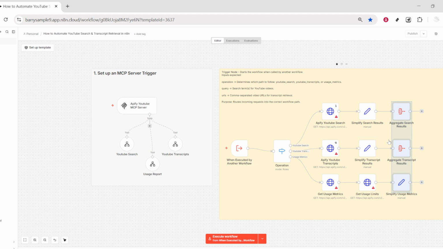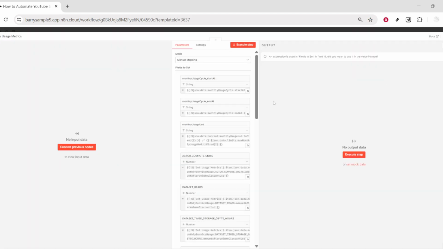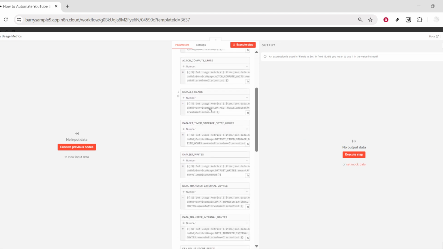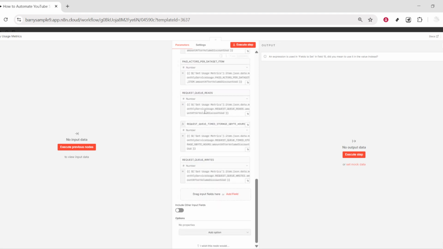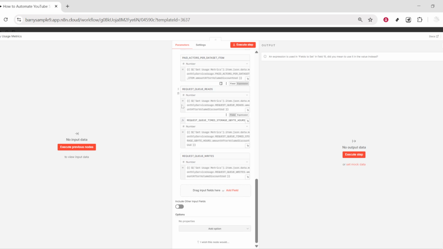For usage tracking, build the chain: Usage Report, then Get Usage Metrics, then Get Usage Limits, and finally, Simplify Usage Metrics. This produces a monthly summary including dataset reads, actor compute units, and data transfers so you can monitor consumption at a glance. Wire the operation switch to the correct branch and let the MCP server consolidate outputs for reliable,